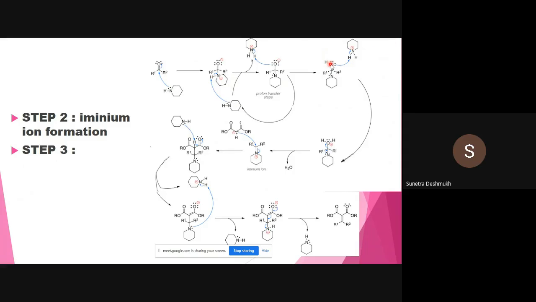Okay, so once we got the protonation, the alkoxide ion O minus, we still need to remove this OH group in the form of a water molecule. So that one abstracts a proton from the piperidinium ion and transforms to this type of component where we can eliminate this water molecule. Okay, and we can generate this iminium ion. So pay attention to how we have generated the iminium ion by treatment of aldehyde and piperidine. Okay, so we needed here three molecules, 1 mole of aldehyde,